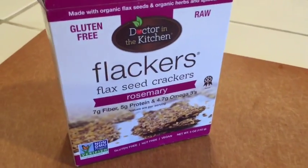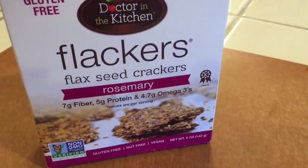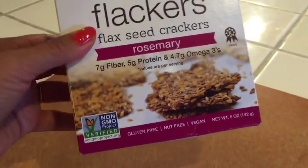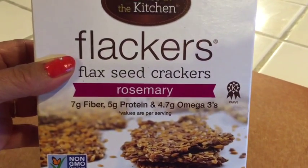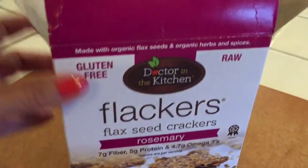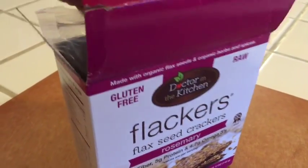So my sister, when I was visiting her in California, she got me these Flackers, and they're crackers that are gluten-free, raw, non-GMO, nut-free, vegan, and basically they've got the omegas in them, protein. They're really good. I didn't think I'd like them that much, but they've got a taste like rosemary and sage,